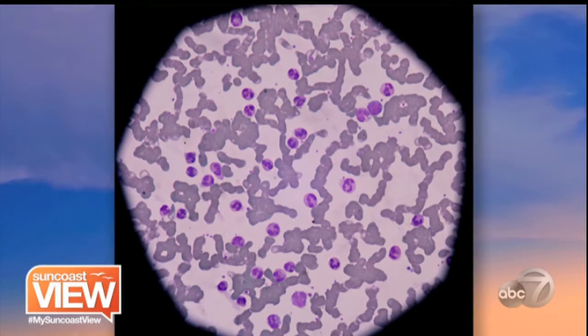Now this slide right here, you see a lot of white blood cells in there, the big round circles, but you see all the cells clustering together. This person has terrible digestive issues, probably has IBS, is burping, is gassy, has acid reflux, and is probably a little bit overweight. So when you see those cells cling together, that's not a good sign. And so in that instance, you know exactly what you should give them as far as nutrients and things like that? Exactly. Each cell tells its story,